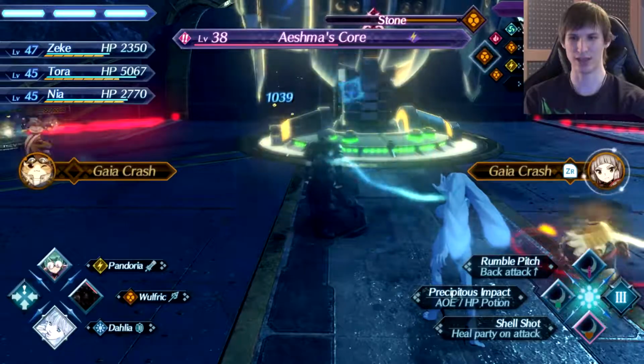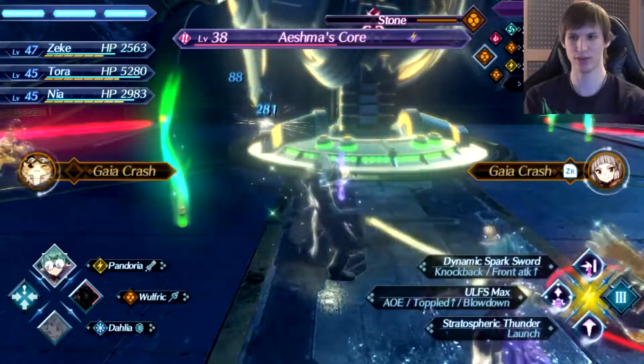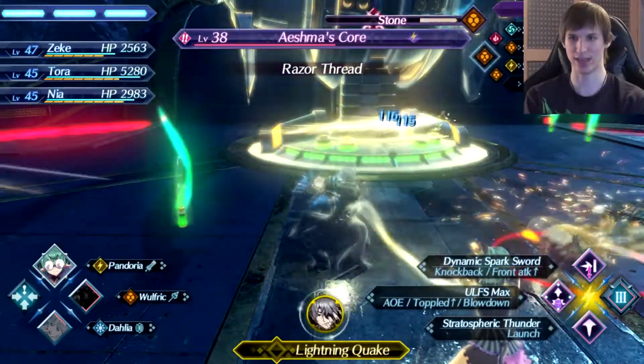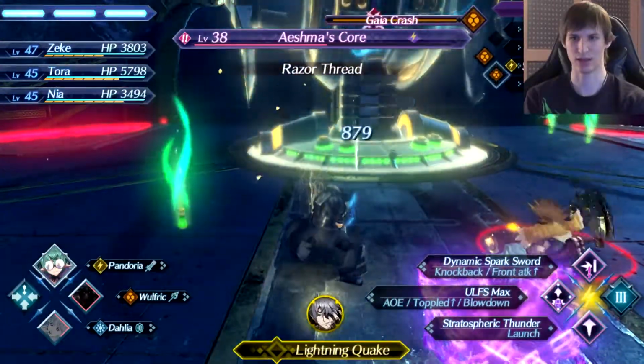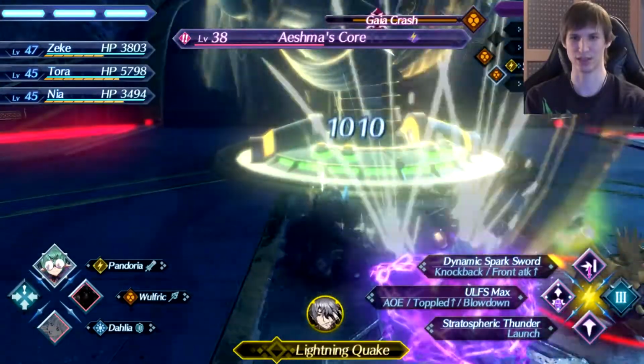Because Nia already has a stage 2 ready. I can gather some HP for everyone. Let's use that, and I have Lightning Quake ready for the attack. And stop that. Can I? Please? Oh, great. Pandoria's...